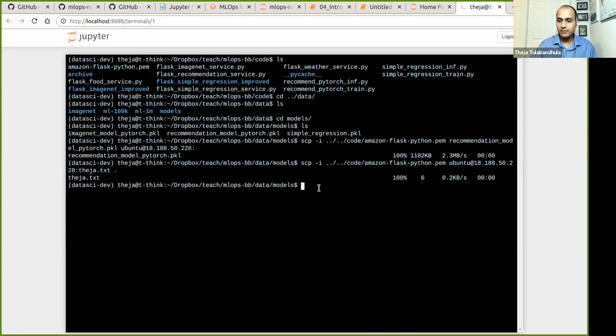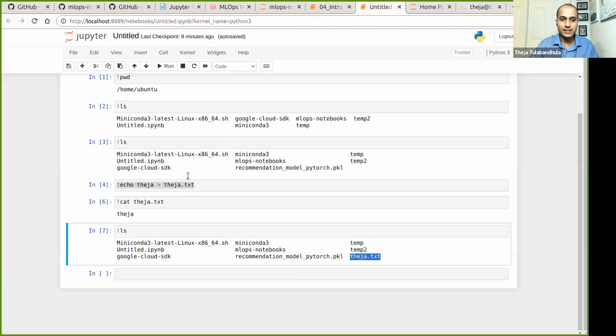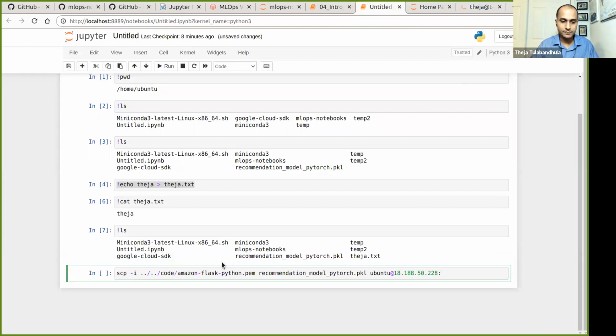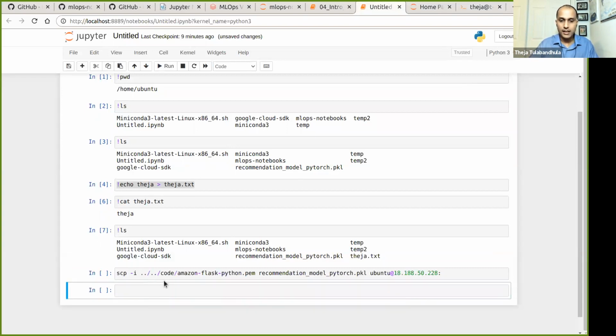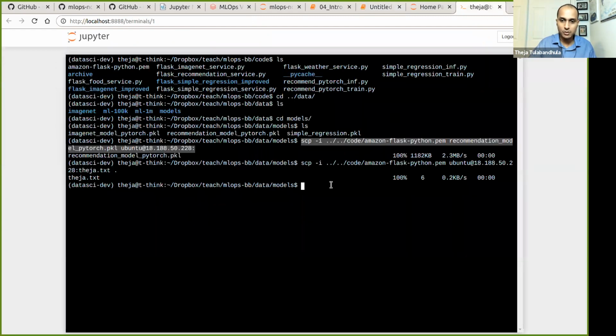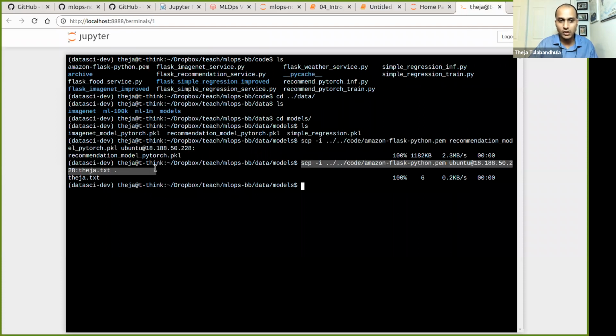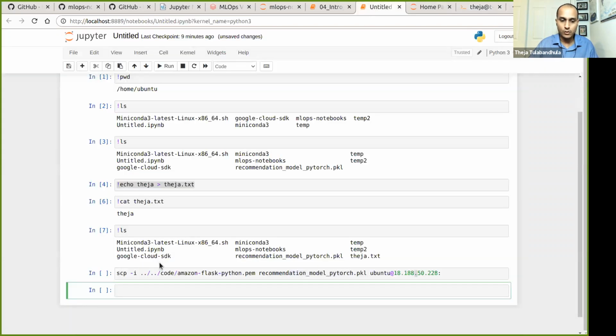Copying a file from my local machine to the remote machine is basically a command like this. Let me actually copy this and save it somewhere so that I can send it to you guys. This is from local machine to remote machine, and if you want to get it back from remote machine to local machine, as long as you know the file's path, then this is the way you get it back. I know folks are a little more comfortable with GUI tools.